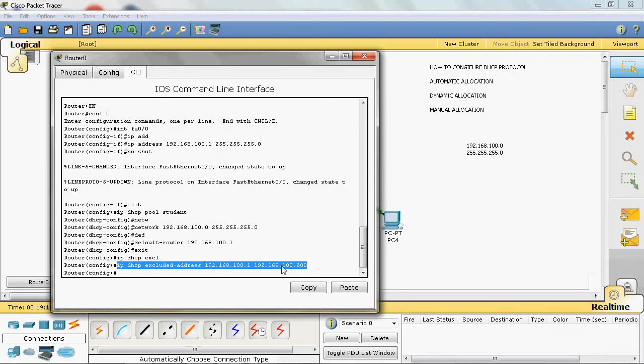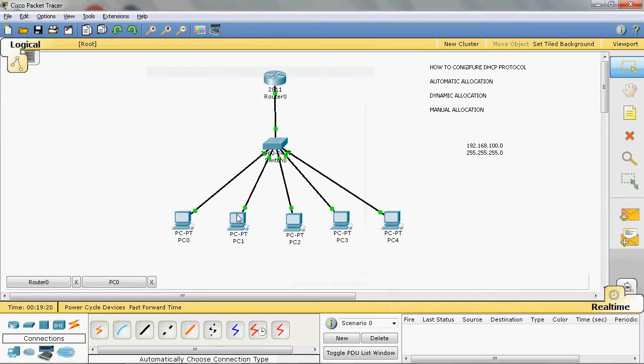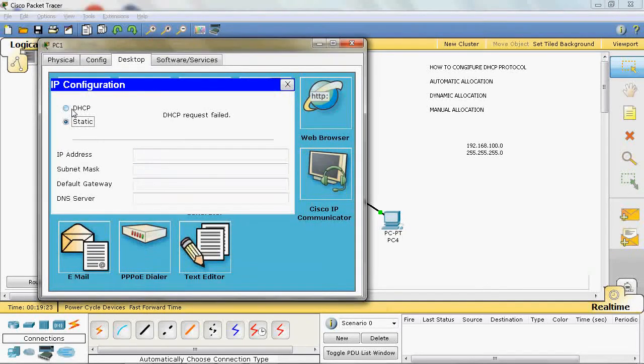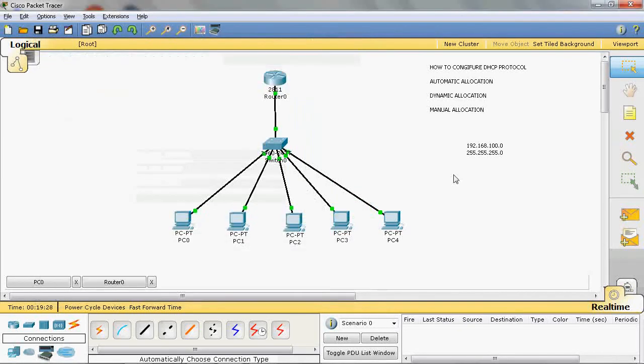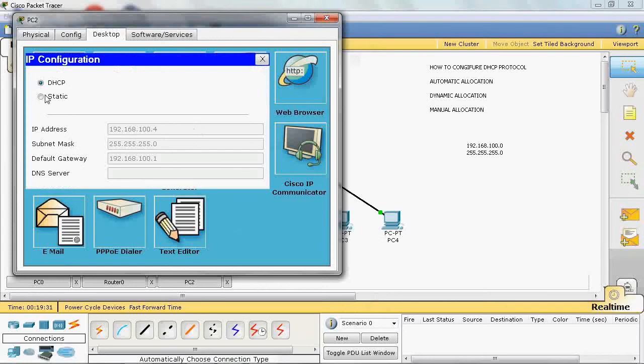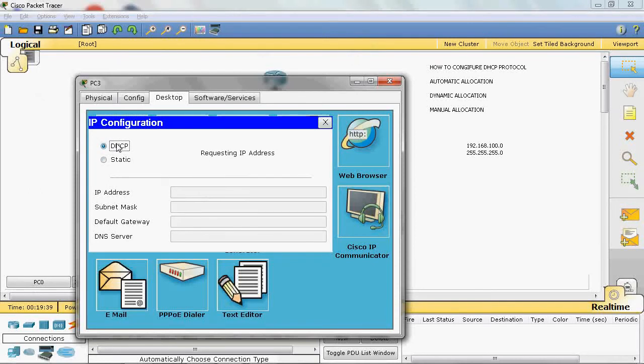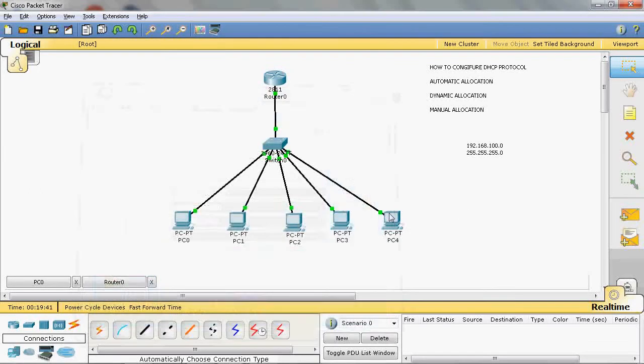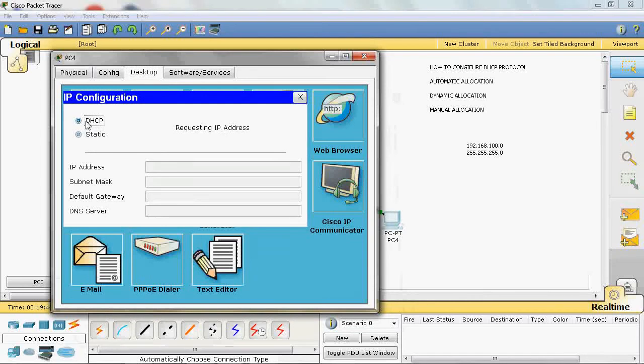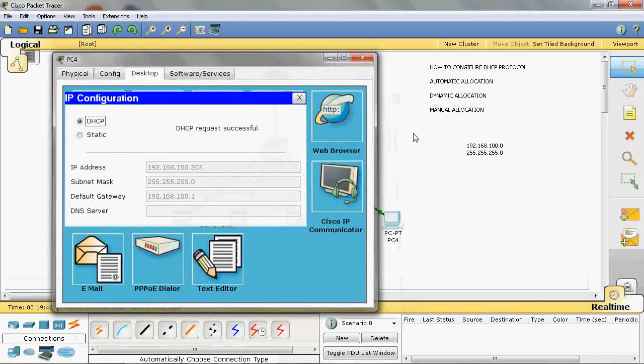All the IP addresses in between are reserved, so the DHCP server cannot assign these IP addresses to the DHCP client. Here it will get 202. Yeah, we will get 202, 203, 204, 205.